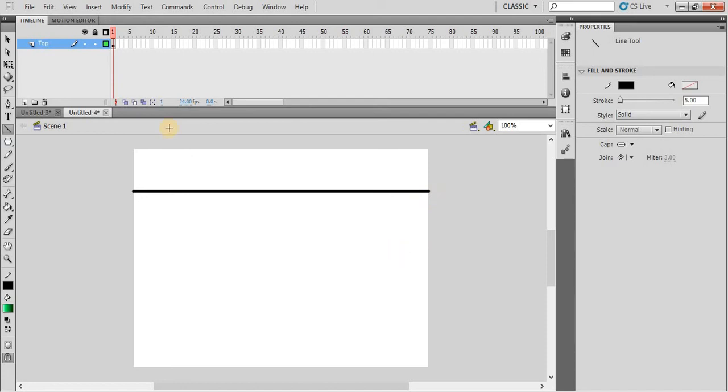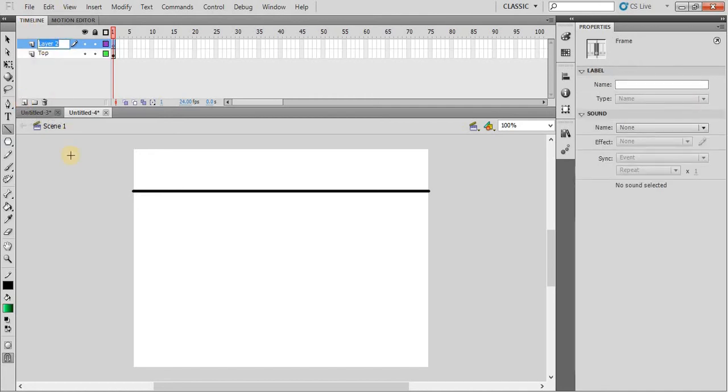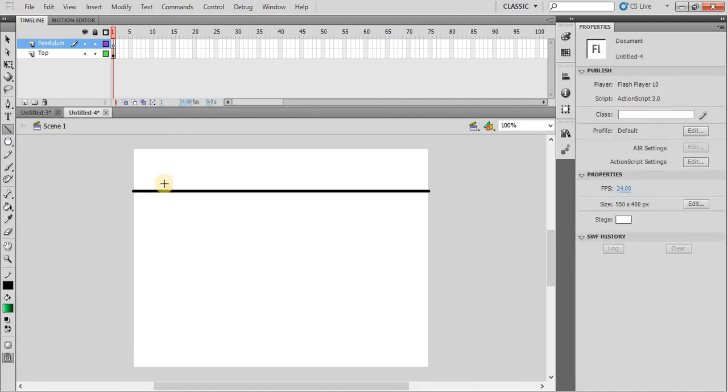Fine. Now create another new layer and name it pendulum. Now lock the top layer and then draw a straight line.